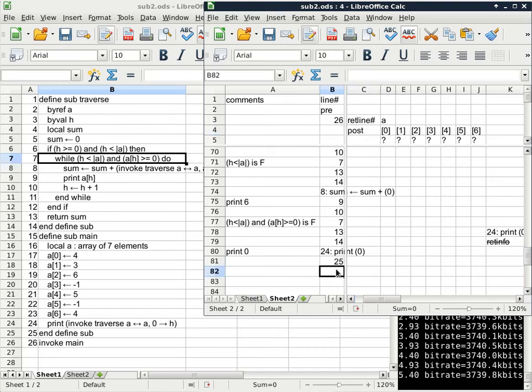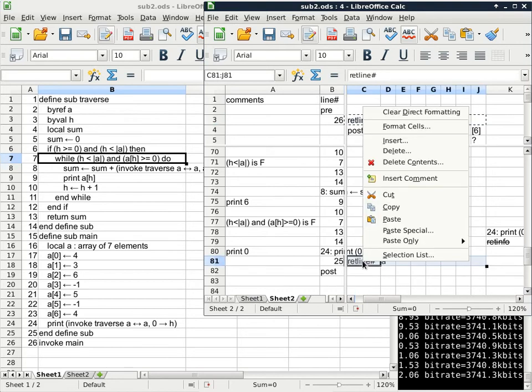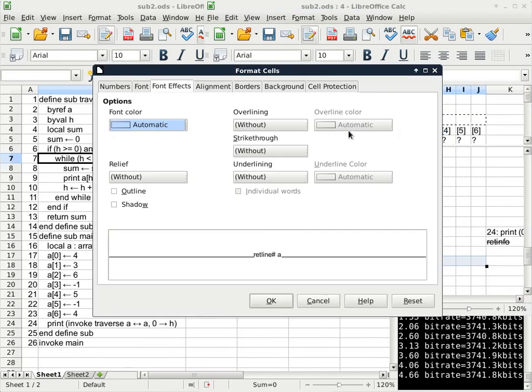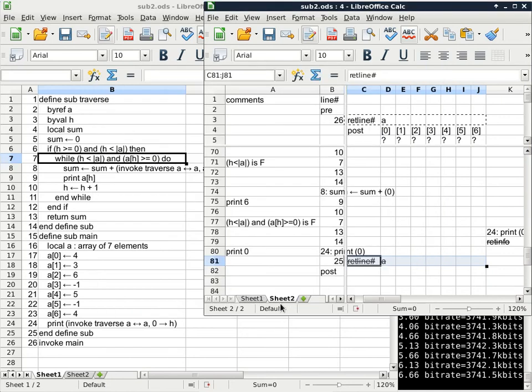It tells us to continue execution at post, make a note of that, and then we deallocate all the columns that we allocated for this particular invocation. And then we're done. We continue execution at post, and we're all done. Okay, so